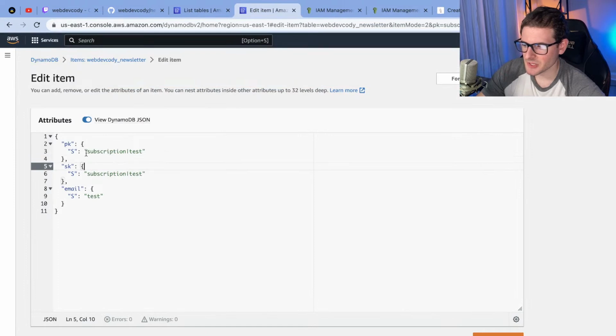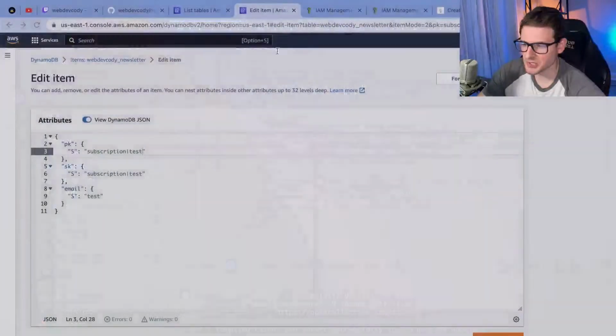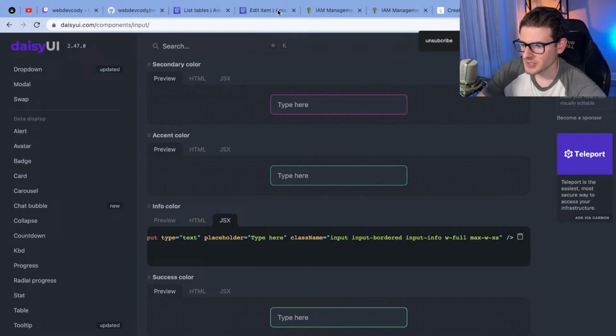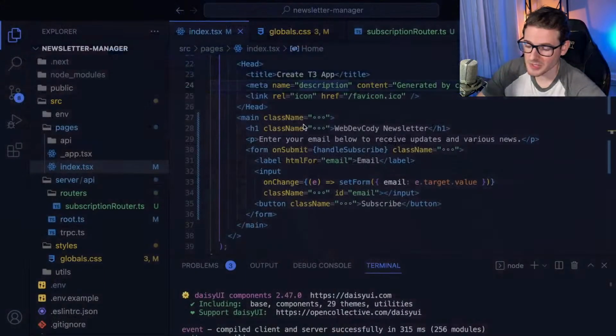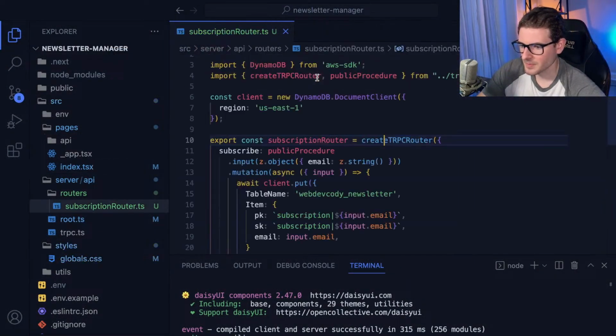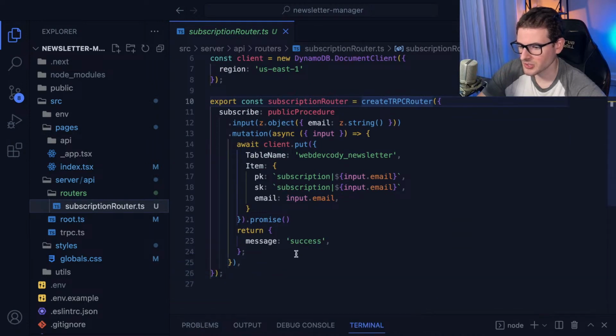Is it safe enough to just have an endpoint that allows them to type in their email to unsubscribe? Or would someone potentially start unsubscribing random people from newsletters? That sounds kind of dangerous. But let's just do it that way because dangerous sounds fun, right? Let's go to subscription router. I want to make a new subscription called unsubscribe.